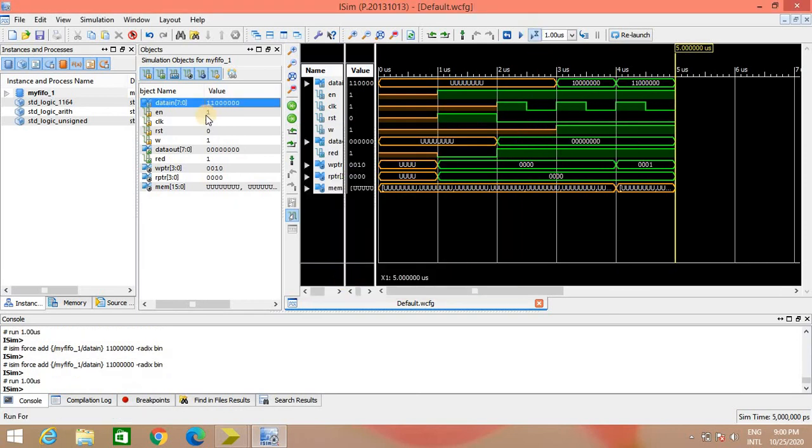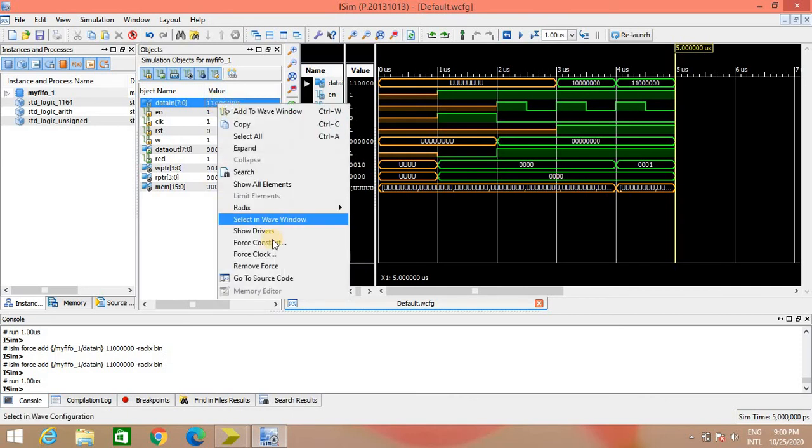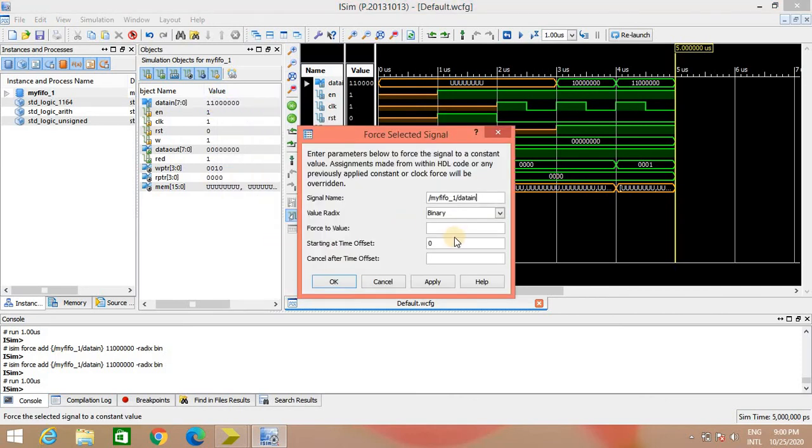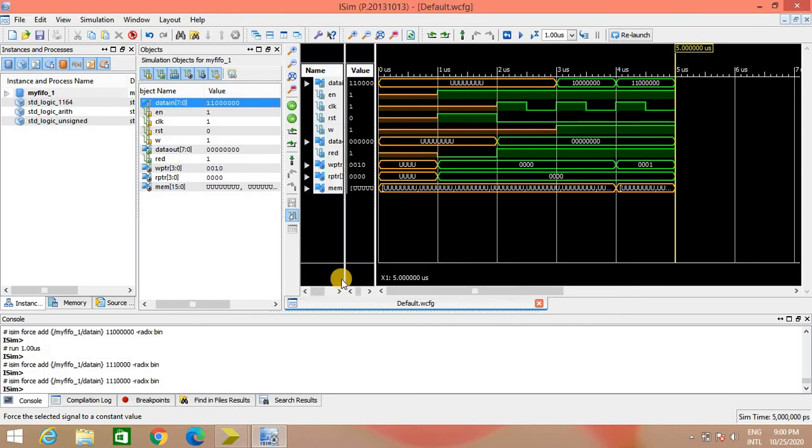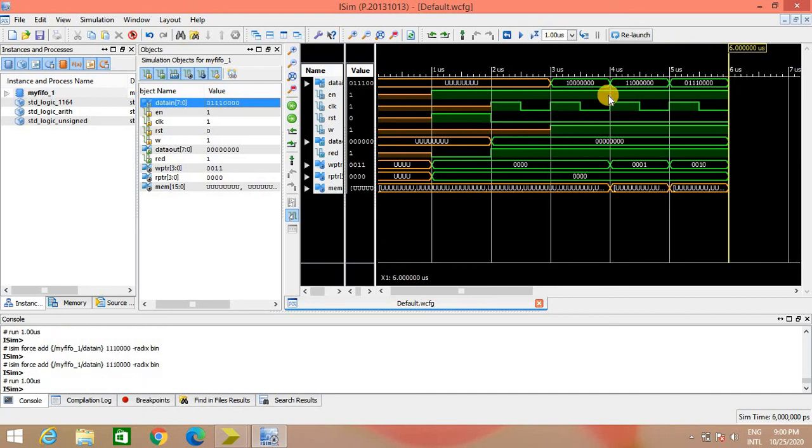Run for the specific time. Again I will write one more location. So here we are writing a total of 3 locations with 3 different values. Any random value you can select, but here I am only performing the write operation. And how do I know that I am performing the write operation? Here W you can see as 1. That is why on the output data bus you can't see this particular data.